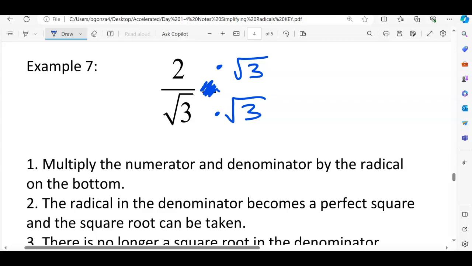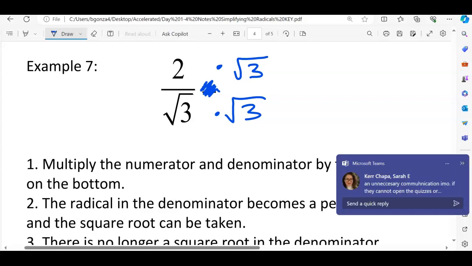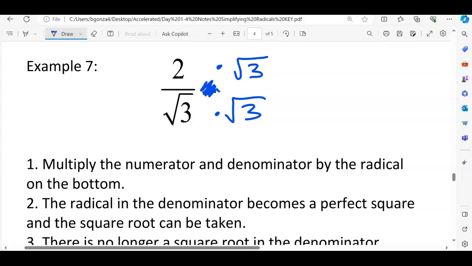Now, on the top, what is 2 times the square root of 3? Who thinks it's 6? Who thinks it's square root of 6? All right, so 2 times the square root of 3, since one is a regular number and one is a square root, they don't match. You just kind of stick them next to each other. 2 times the square root of 3 is literally 2 square root of 3, okay? So get 2 square root of 3